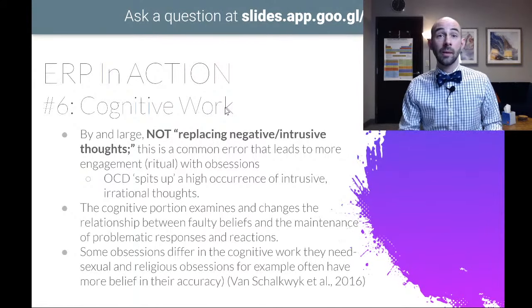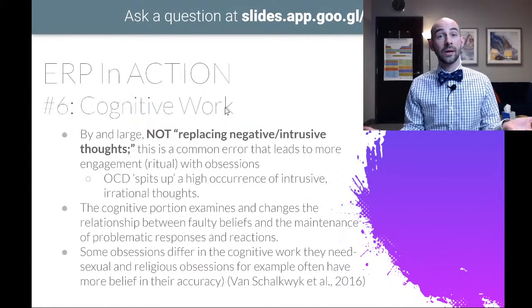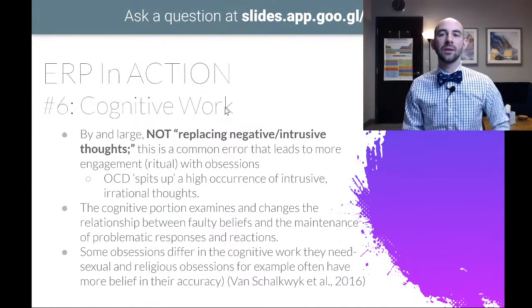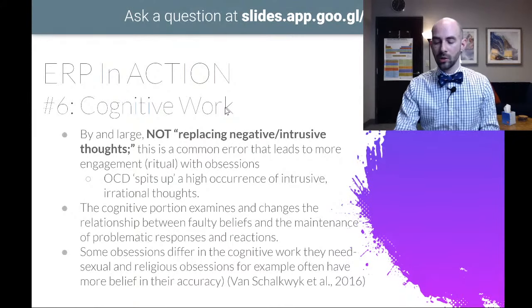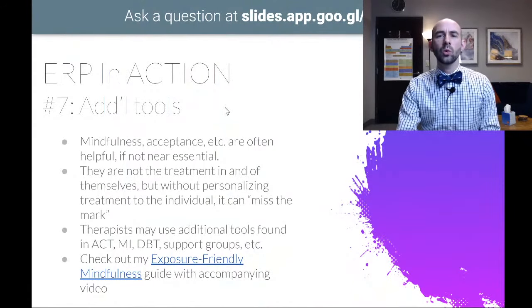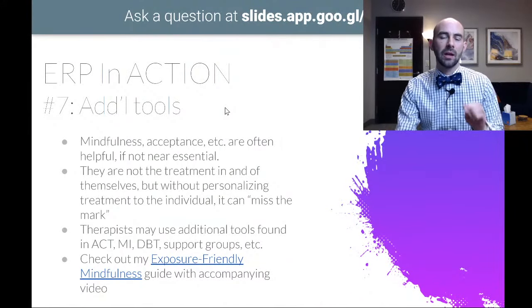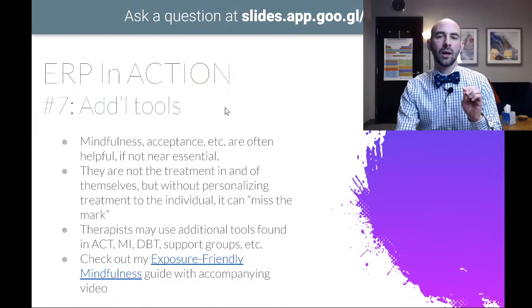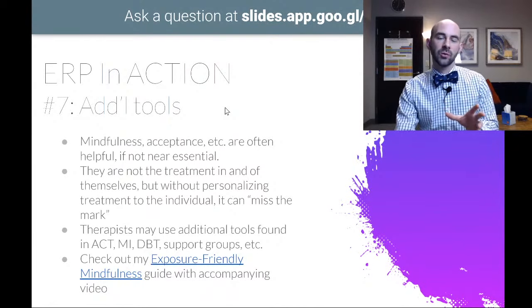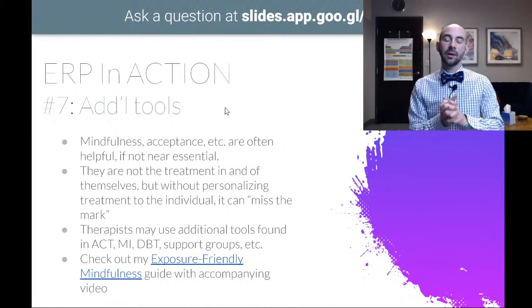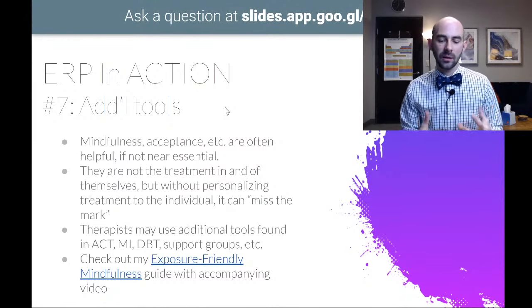But then sometimes you may have an alcoholic who also has OCD. And so we have to separate those things out. And the cognitive work can be a part of that. So ERP in action, we want to look at additional tools. We've got a few more to go here, and then I'm going to run through some of the examples of